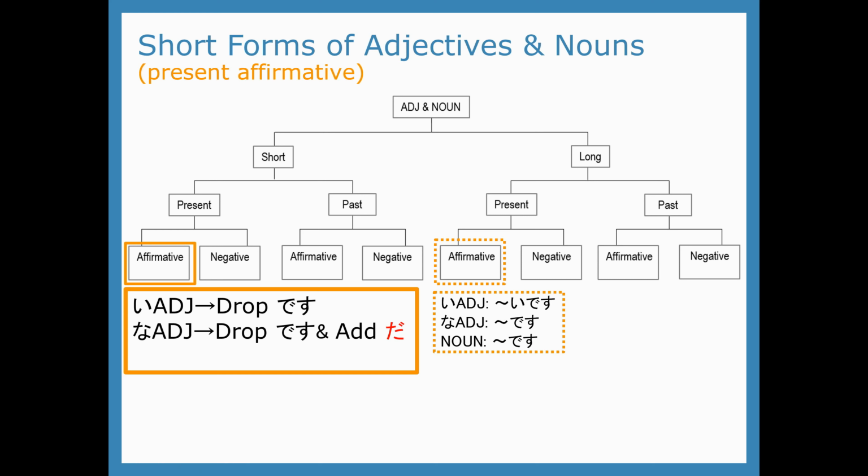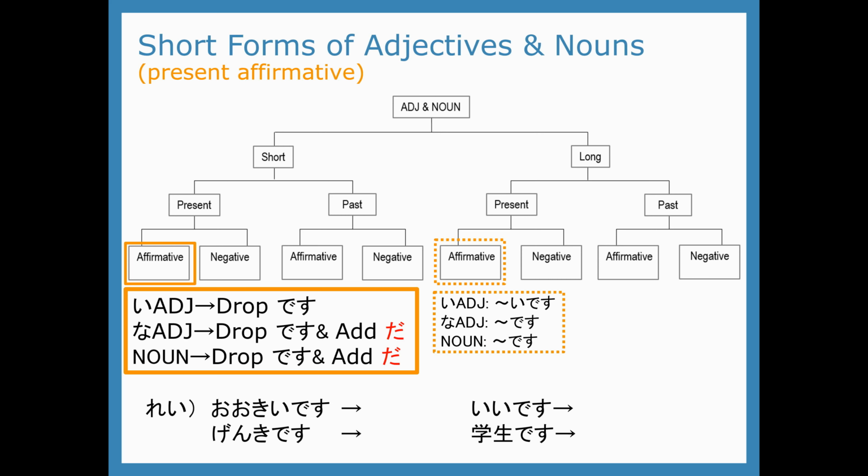With a na adjective, we're going to drop the desu and add da. So genki desu, genki da. にぎやかです。にぎやかだ。有名です。有名だ。Same with a noun. We'll just drop the desu and add da. So, 学生です。学生だ。日本人です。日本人だ。アメリカ人です。アメリカ人だ。